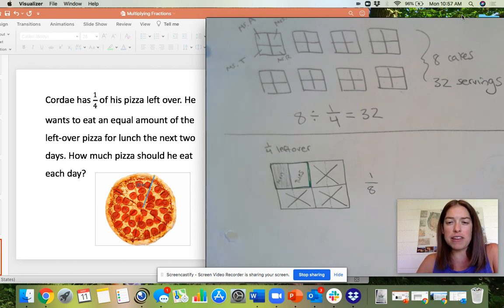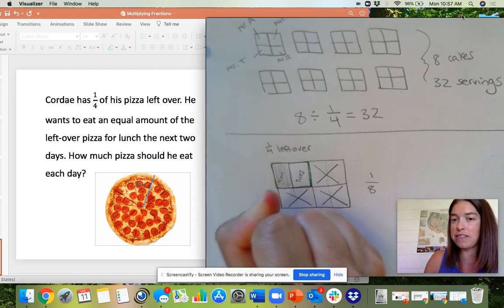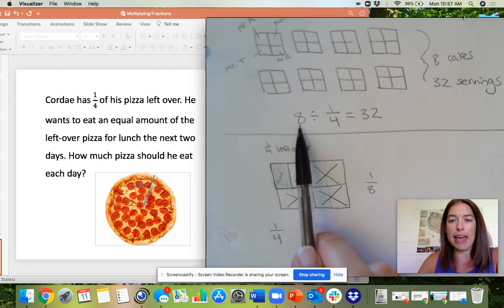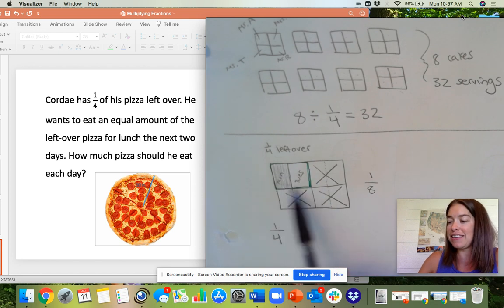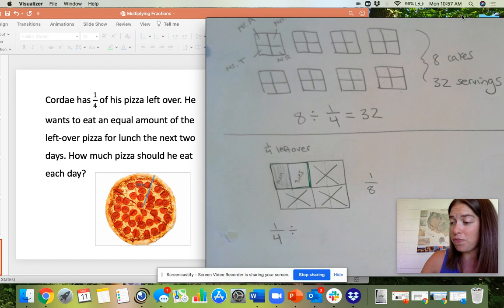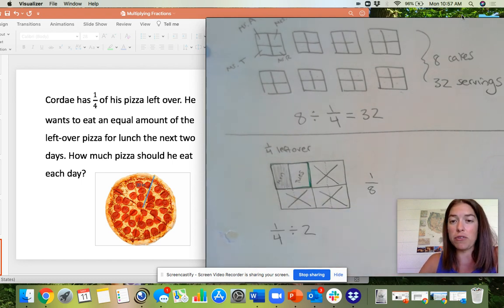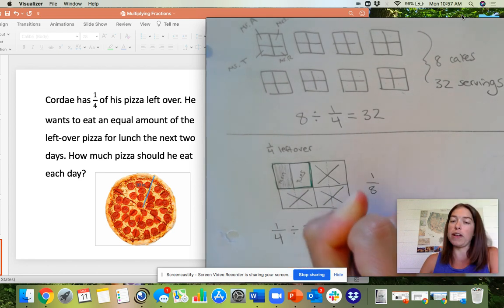Let's think about a number sentence that matches what's going on. Corday is starting with 1/4 of a pizza. I know in our last story, Dr. Zamora was starting with 8 cakes. So my 8 came first. Here, Corday is starting with 1/4 of a pizza. And then he's dividing that 1/4 of a pizza into 2 days. And when he divides his 1/4 of a pizza into 2 days, he was able to eat 1/8 of his